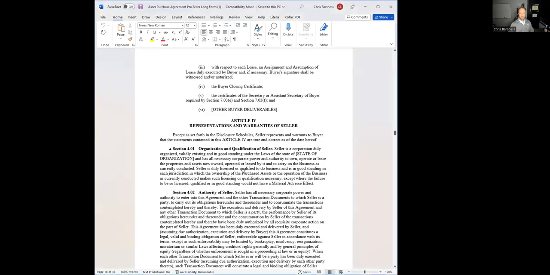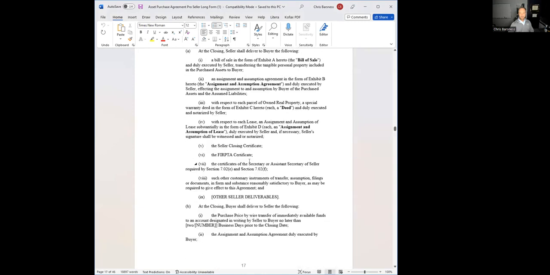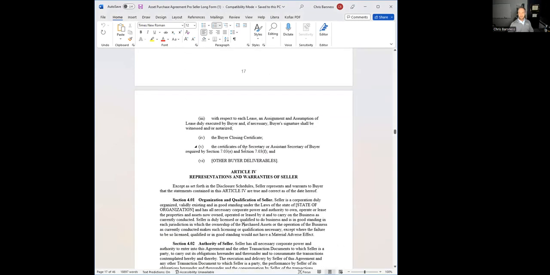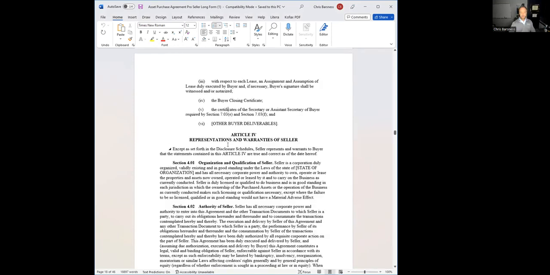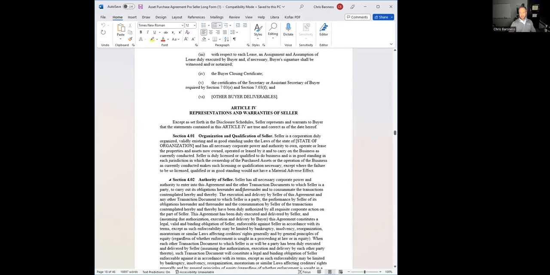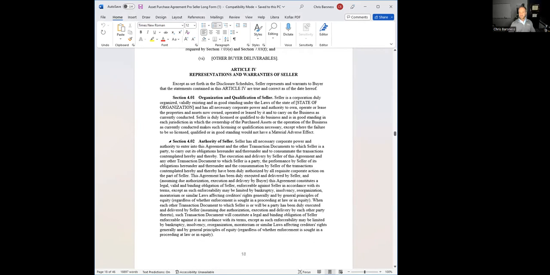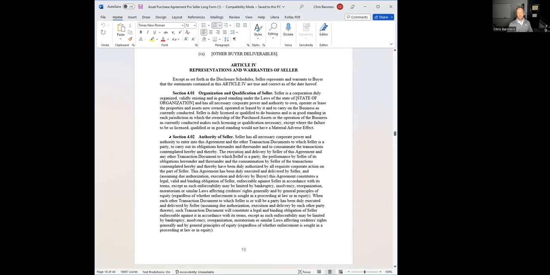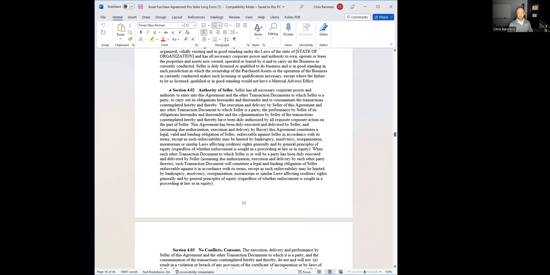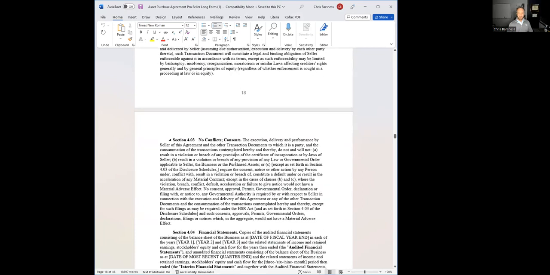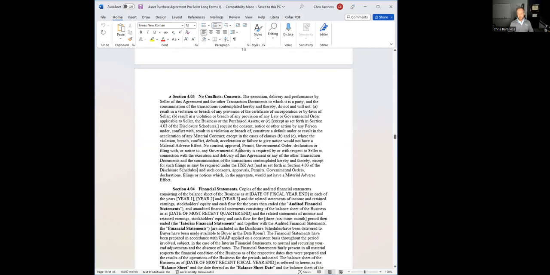So this is just a blank common form of an asset purchase agreement in a typical M&A type of deal where you're buying the assets of a company. And obviously you've got a buyer and a seller. So usually there's a whole section talking about representations and warranties of the seller. They go over things like, does the seller actually have the authority to enter into this transaction? Are they properly formed if they're a legal entity? If they enter into the transaction and sell you these assets, is this going to cause any kind of breach